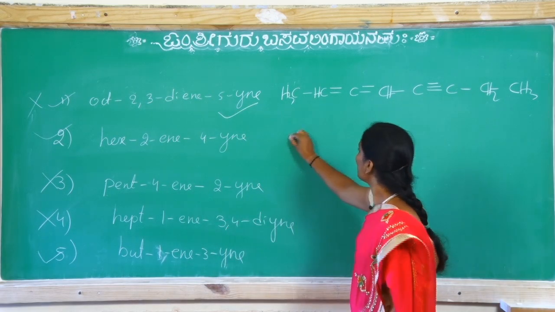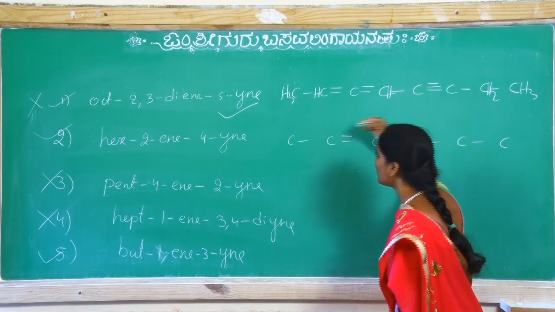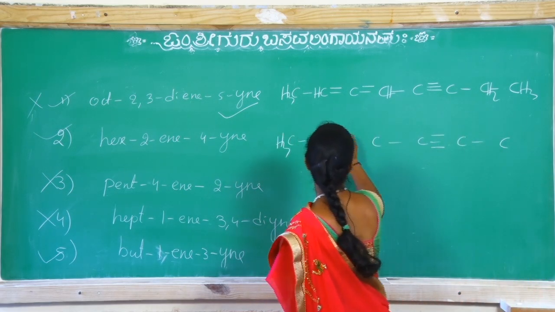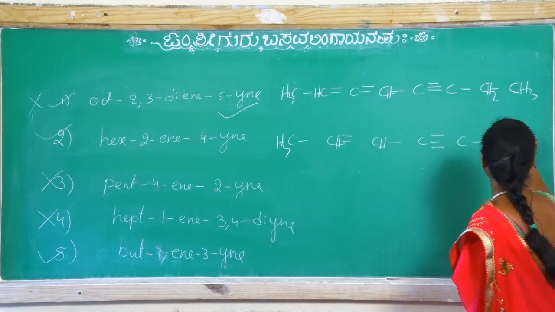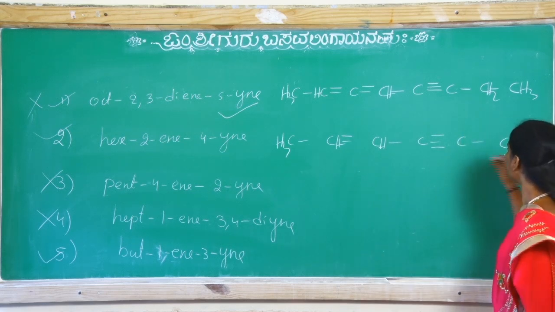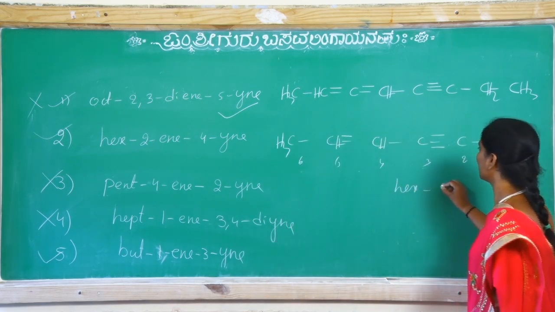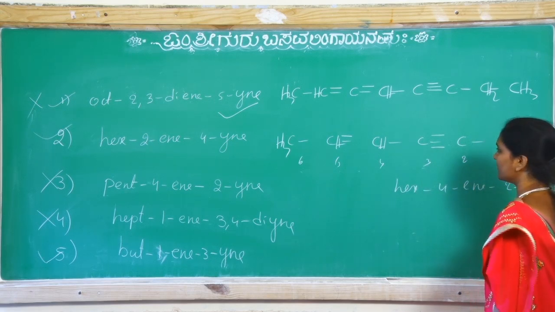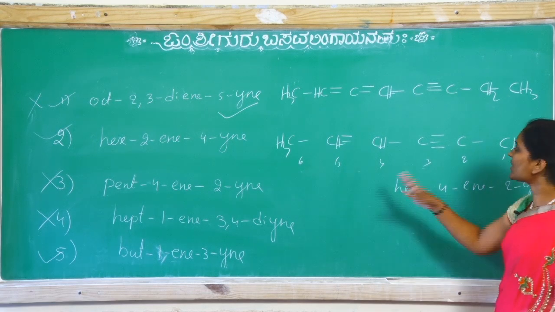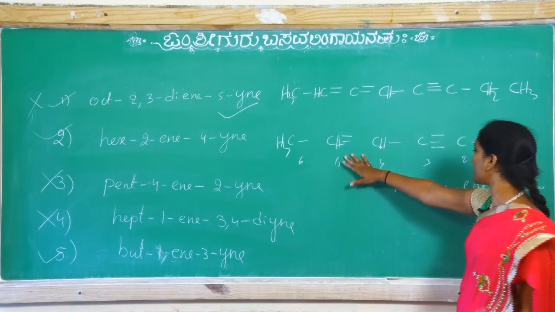Hex, 1, 2, 3, 4, 5, 6. I gave like 2-ene, 3,4-yne. CH3, CH, CH, 4 bonds, CH3. The name is that. If that is a wrong name, from this side, 1, 2, 3, 4, 5, 6, hex-4-en-2-yne. This is correct, that is correct. That side, this side, same sum we are getting. Then give importance to double bond. Double bond least number. This is only right.